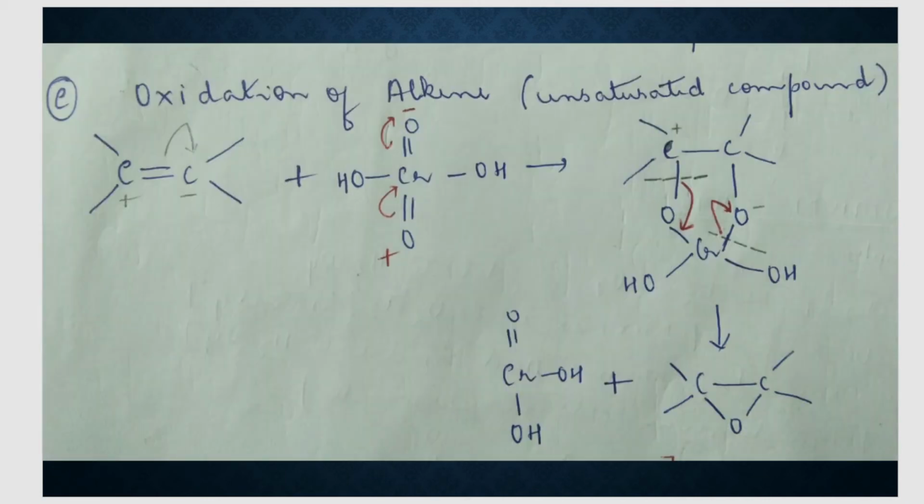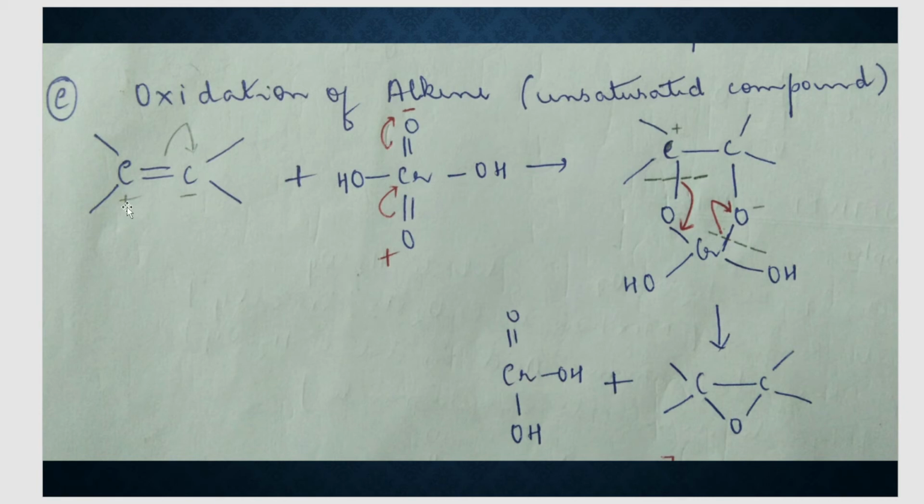Moving on to the third application of chromic acid. What is the third application? That is the oxidation of alkene. Now this also we studied previously. What does alkene give on oxidation? It gives us an epoxide ring, or the ring containing one oxygen. This is called an epoxide. Okay. So let us understand the reaction mechanism. Here this is a little different compared to A and B because here we don't have hydrogen. So that elimination of water is not possible here.